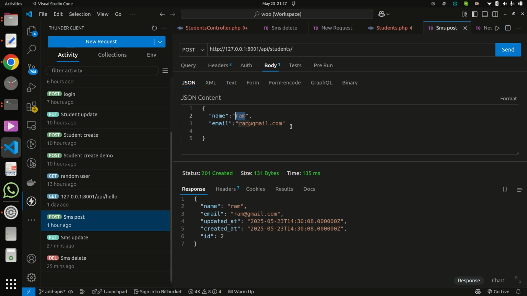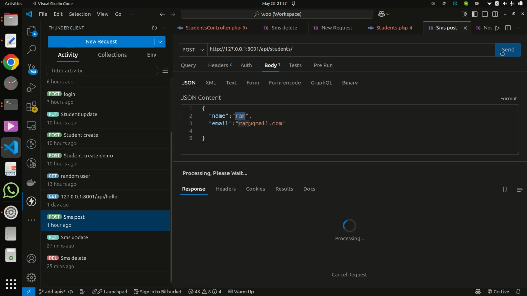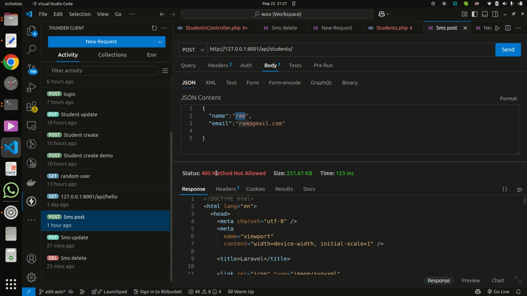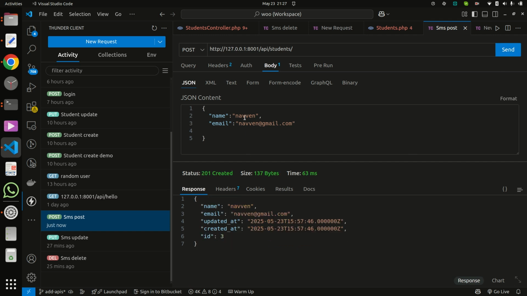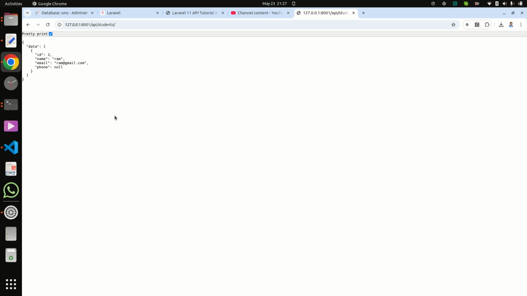I think Ram was already deleted, so inserting Ram is not allowed. Okay, I think Naveen, Naveen@gmail.com. Now it is inserted. Now check, and now two records are available.